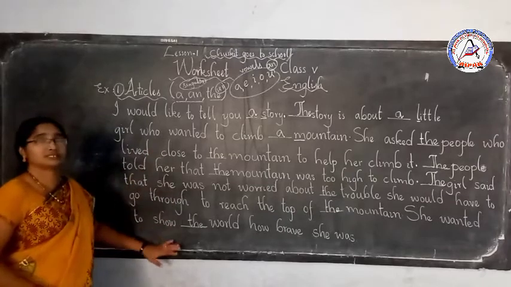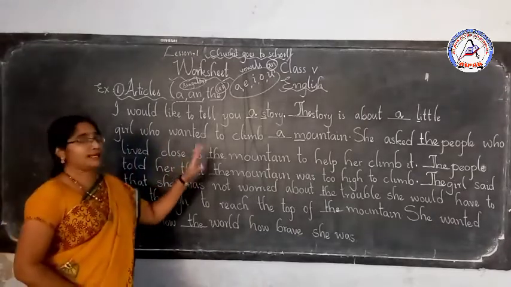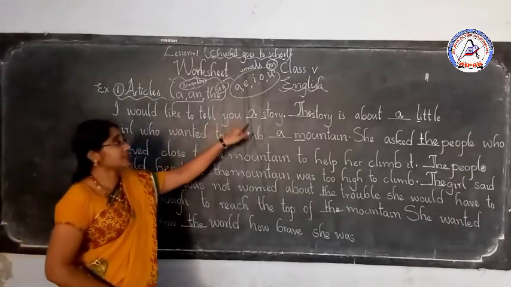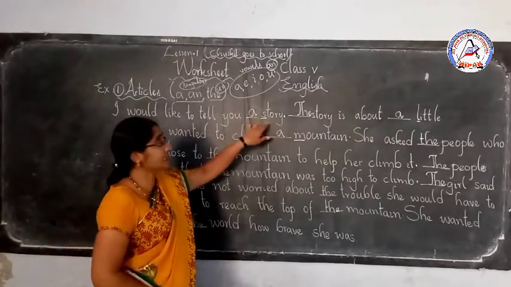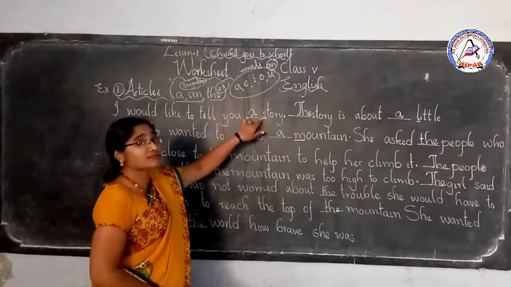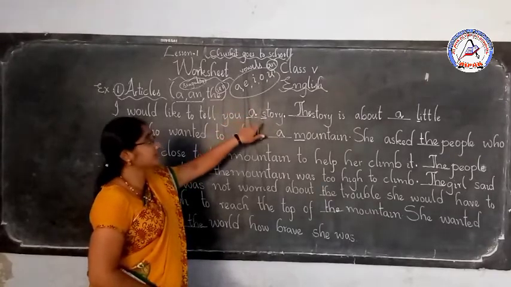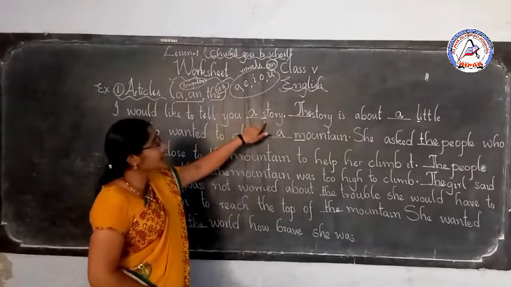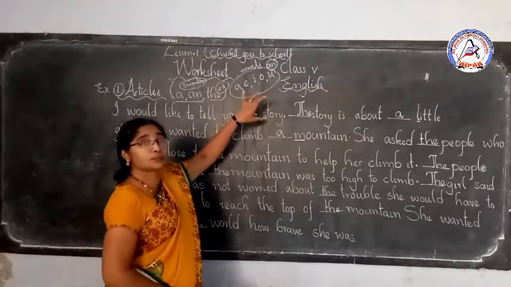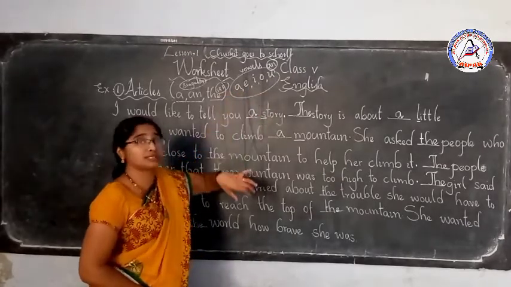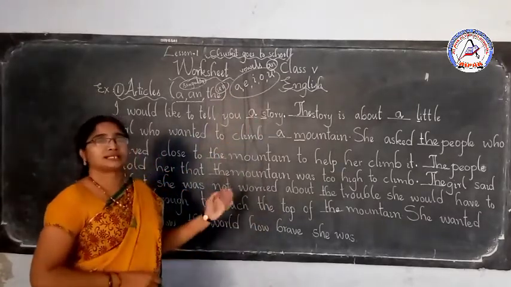I hope you have understood how to do this exercise. Did you understand how to do? So before filling the blanks, what you have to check? You have to check the first word beside the blank, whether it is singular or plural. Then you have to check the first letter of the word, whether it is consonant or vowel. If it is singular and also consonant, then you will add A. If it is singular and the first letter is a vowel, you will put an. If the word is plural, or if the word is a known, already existing thing, then you will write the. Okay? Okay children, did you understand this topic?